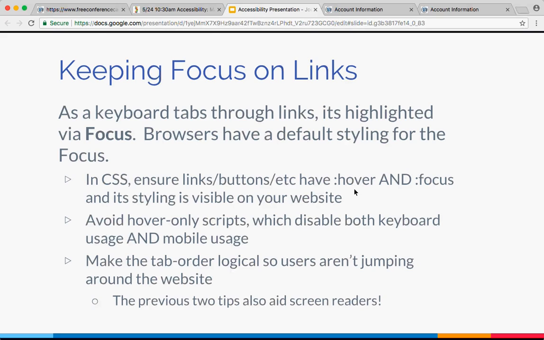So this is actually probably the biggest issue I find on the internet, period, is keyboard. As a keyboard user tabs through a website, what's known as the focus pops up over it. Browsers have a default styling of focus if you ever decide to test it, which is usually a little blue border that goes around it. In CSS, which is the style guides, you should make sure that any interactive item, being a hyperlink, a button, anything, has both a hover state and a focus state,